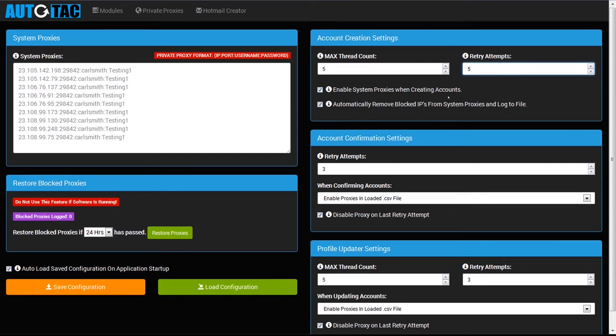Enable system proxies when creating accounts, this is just to enable the proxies here, to rotate through them if you want to use proxies, turn them on and off. Automatically remove blocked IPs from system proxies and log to file. Now this option will, when Twitter blocks the proxy, detect that it's blocked and log it to